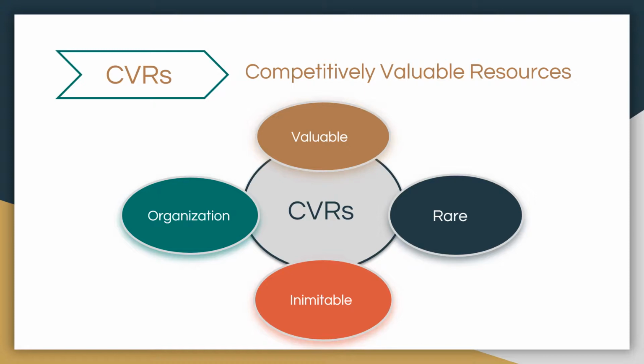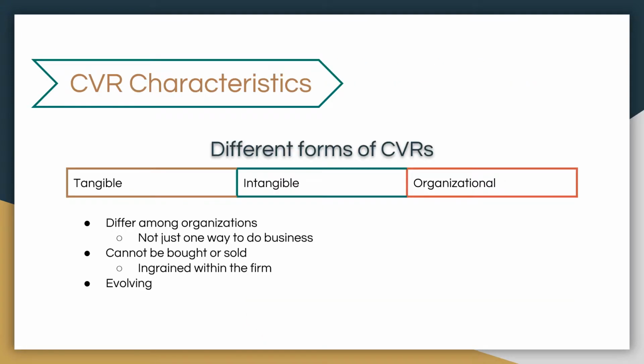Valuable refers to how much customers will pay for a product or service, and that is worth something in the marketplace. If a resource is rare, it means that it is not substitutable and that not all competitors have it. Inimitable resources cannot be easily replicated and would be too costly for another organization to imitate. Organization essentially means that the firm is ready to capture the value that the attribute creates. The firm has the capital and the managerial skill to bring the resource to market.